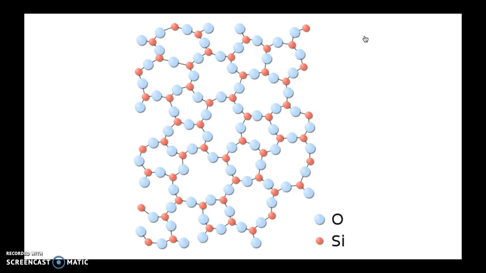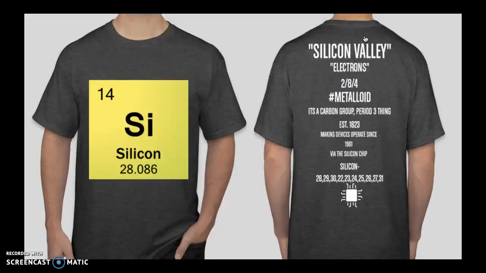Silicon atoms can bond with other atoms to form sheets or crystals similar to that of diamond, which is made from carbon. To learn even more about the wonders of this element, you can spot me wearing this shirt on